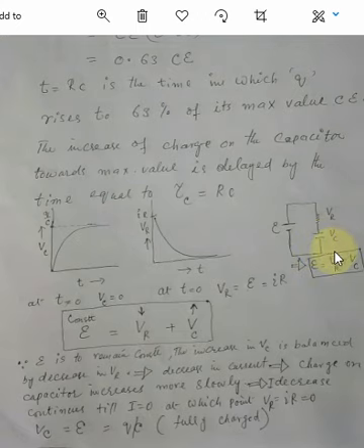Now how can you explain it in physical sense? Or its physical significance can be given by the fact that when there is no charge on the capacitor, the current towards the capacitor is maximum. And remember, this current is the conventional current or due to the flow of positive charge. So when there is no charge on this upper plate, the current is maximum, but then the charge starts building up on the plate of the capacitor. This plate is positively charged, so